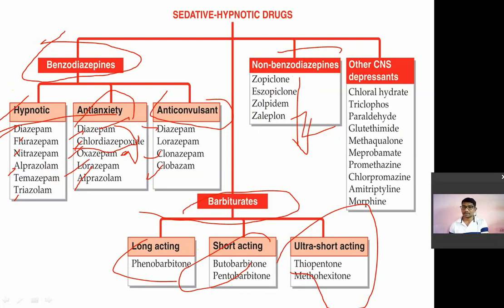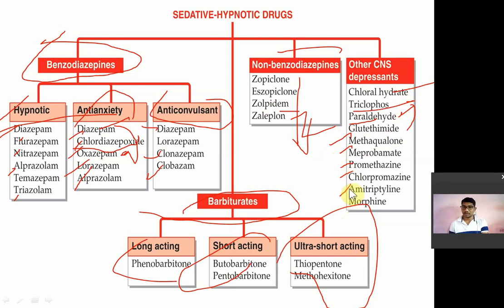Z drugs. Then other CNS depressant drugs, for example, chloral hydrate. Remember, chloral hydrate is metabolized in the body into trichloroethanol. Chloral hydrate जो है वो बॉडी में जाके मेटाबलाइज होके ट्राइक्लोरोइथेनॉल बना है. The next ones are triclofos and paraldehyde. Paraldehyde is unstable at room temperature. Guanethidine, then methaqualone, meprobamate, promethazine,